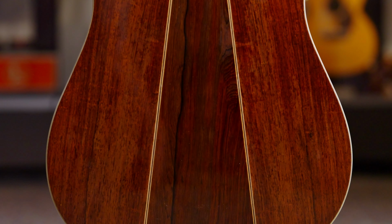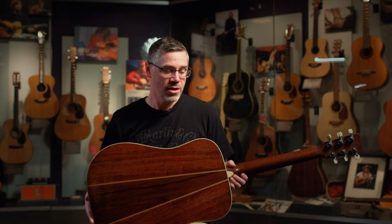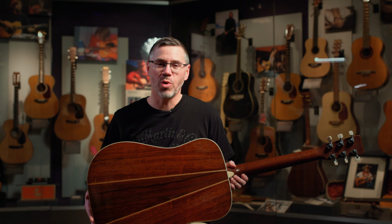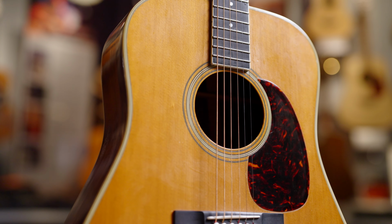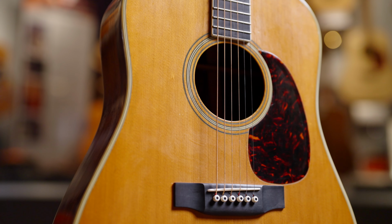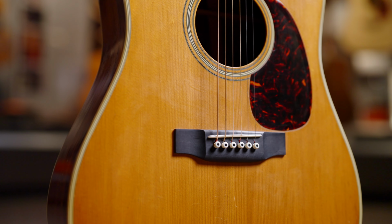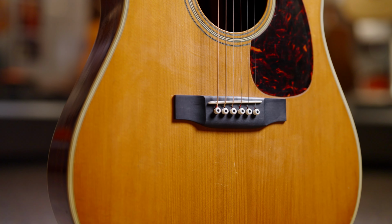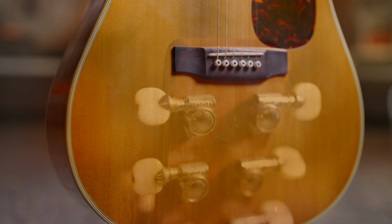So you could no longer get Brazilian rosewood in the size that Martin needed for backs. So instead of just throwing away the smaller pieces that they had available, they decided to build a guitar with a three-piece back, and the guitar they came up with was the D35. In addition to the three-piece back, it's also different from other Dreadnoughts in that the top has 1/4-inch braces instead of the 5/16 that are found on styles